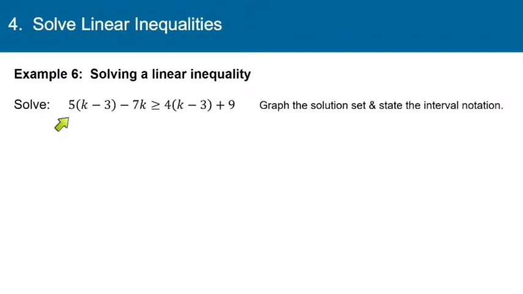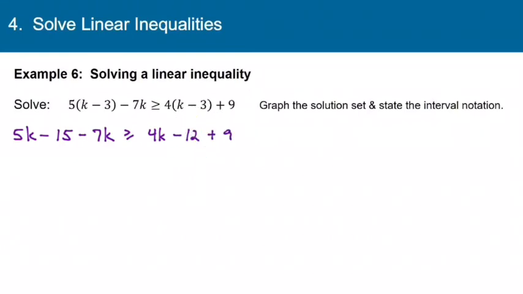Here is example 6. This one says 5 times k minus 3 minus 7k is greater than or equal to 4 times k minus 3 plus 9. Let's start by using the distributive property to eliminate these parentheses. So distributing the 5 here, we would get 5k minus 15 minus 7k is greater than or equal to, and now on the right side we'll distribute the 4. So 4 times k would be 4k, and 4 times minus 3 would be minus 12,